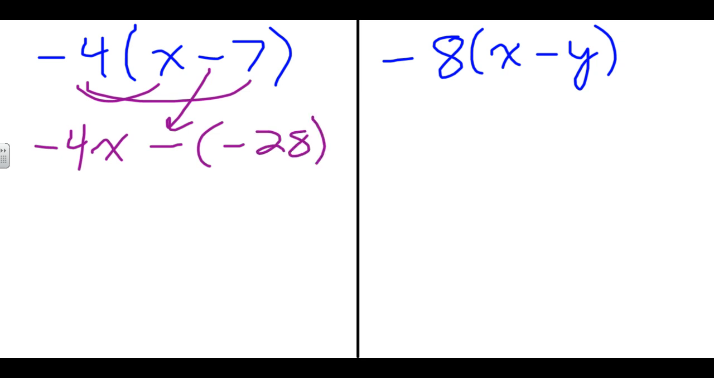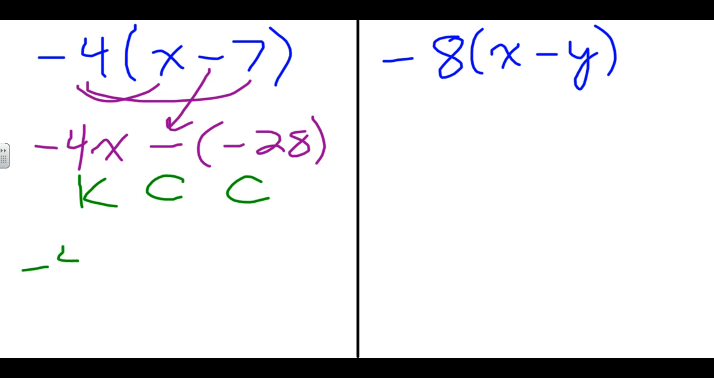Now here we have negative 4x minus a negative 28. We can leave it like this because this is technically correct. However, it is a little bit sloppy to write minus negative 28. So if we use that same strategy that we use in subtraction, the one we remember by using the trick KCC,